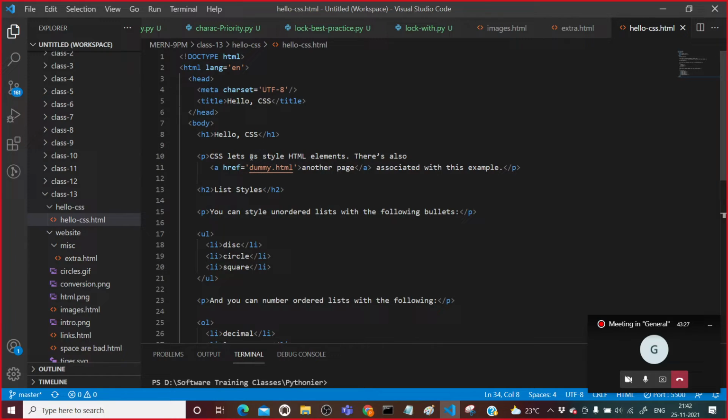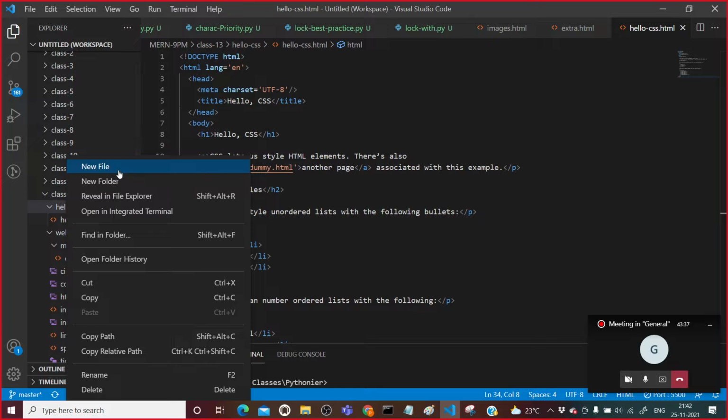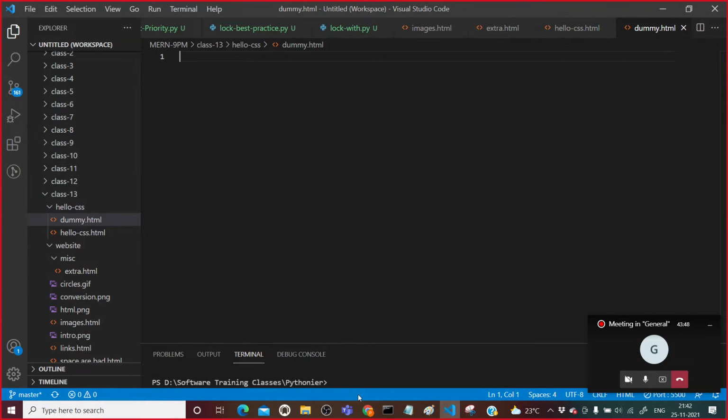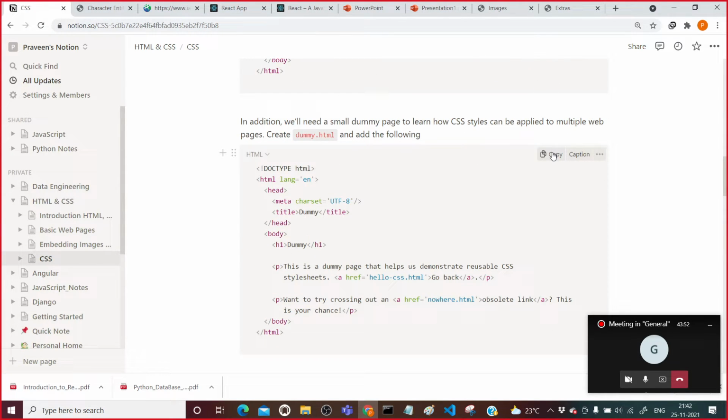As a part of this, I have included one more page called dummy.html, so I need to create one more file here called dummy.html. In this I have created content too. You already know about all those things: what is body, what is h1, what is p.